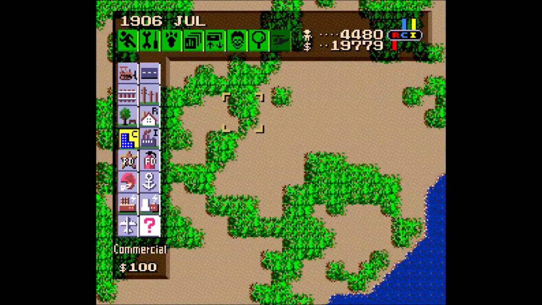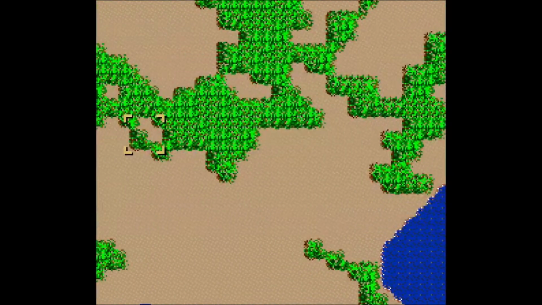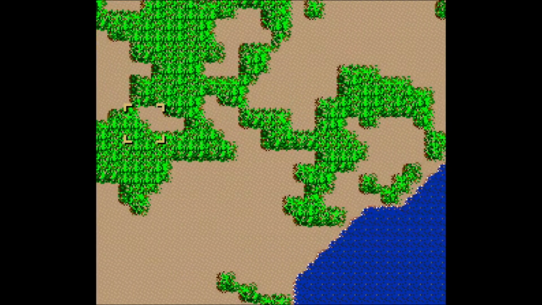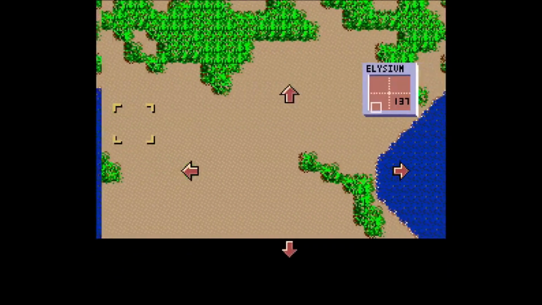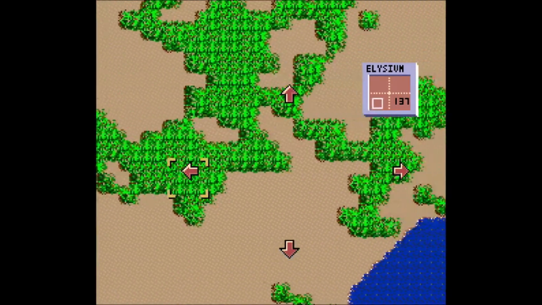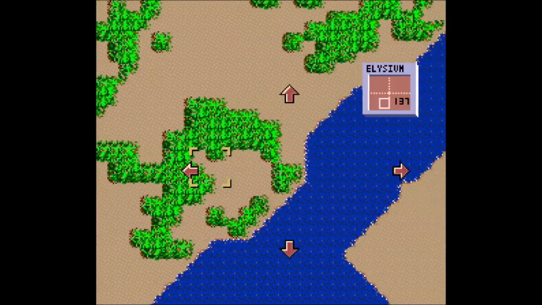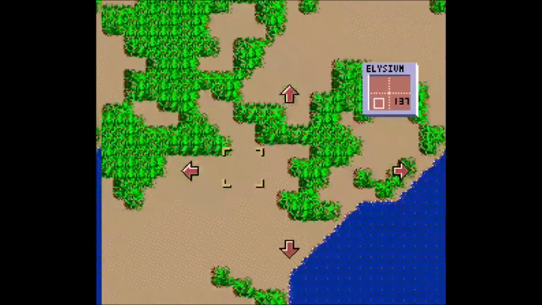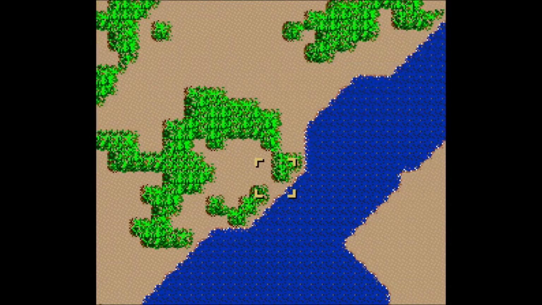Now, when it comes to building this tiling layout that I just showed you, there is actually an efficient, optimal way to do it. The way you want to do it is you want to start on the lowest parts of the map that you can start at. So what do I mean by that? Well, there's going to be residential donut blocks here. And so somewhere like maybe right here, you're going to start your first row and start going. But it's important to understand that you want to start, quote unquote, as low as possible on the map